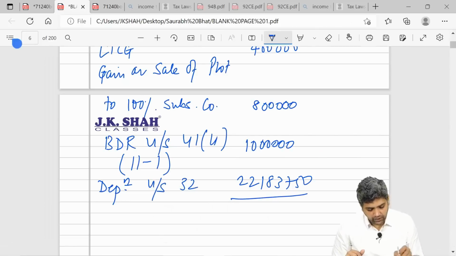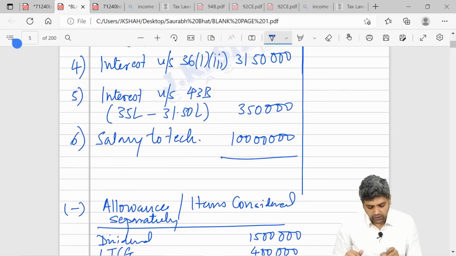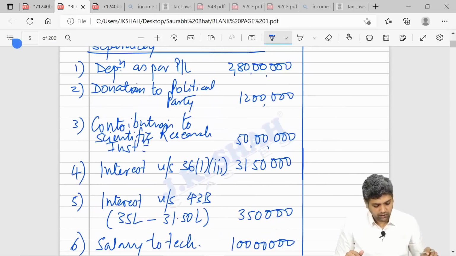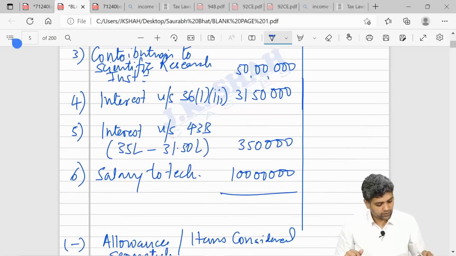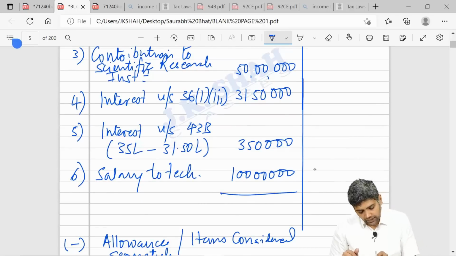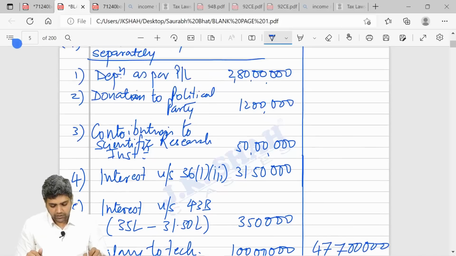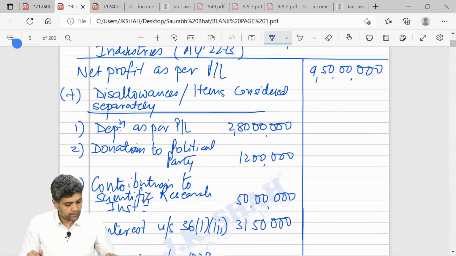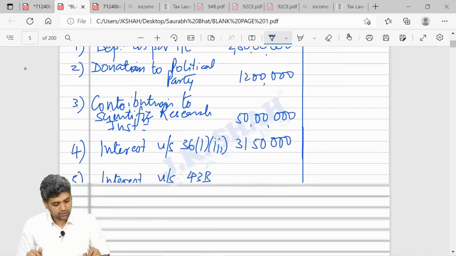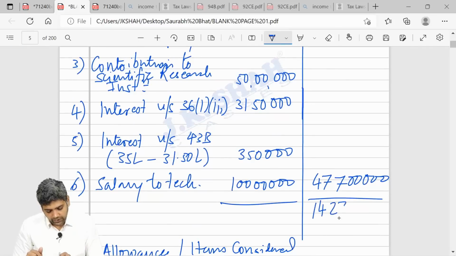So I will take a total of this. I will say all these disallowances, they add up to 2 crore 80 lakhs plus 12 lakhs plus 50 lakhs plus 31 lakh 50,000 plus 3 lakh 50,000 plus 1 crore. That comes to 4 crore 77 lakhs. The addition of this plus 9 crore 50 lakhs is 14 crore 27 lakhs